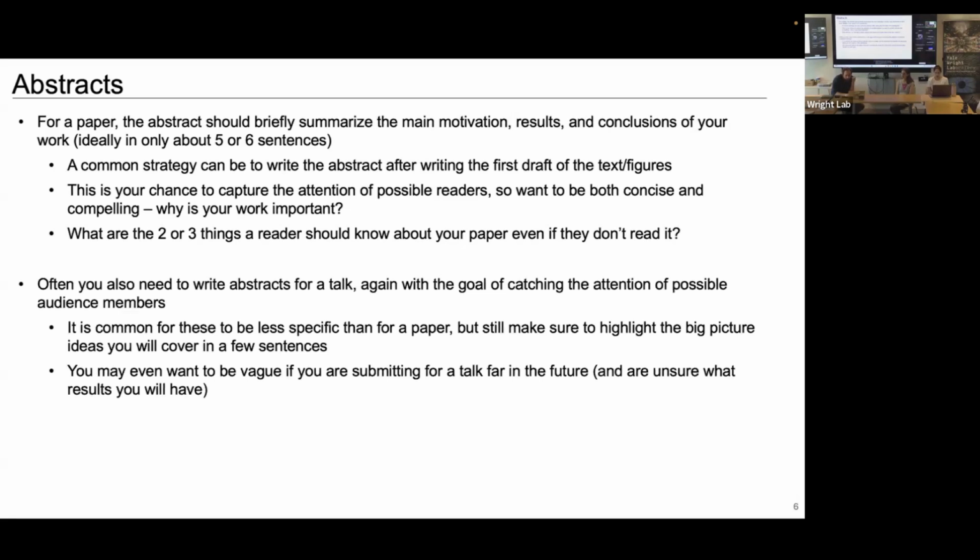And for talks, I was also tasked with that. It's common for talks to be less specific than a paper. In a paper, you know what you've written, so you can really be detailed. There's often a practical thing when you give a talk: you might apply for a conference 6 months in the future, hoping to talk about work that does not yet exist. At least we do this a lot in our field. You can be a little more vague in a talk abstract and maybe allude to what you will be talking about. And then if things don't go exactly the way you expect, you can still say something somewhat more generic if you're unsure of your results.